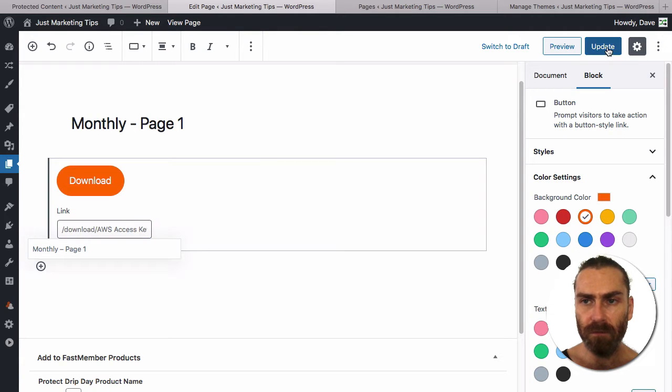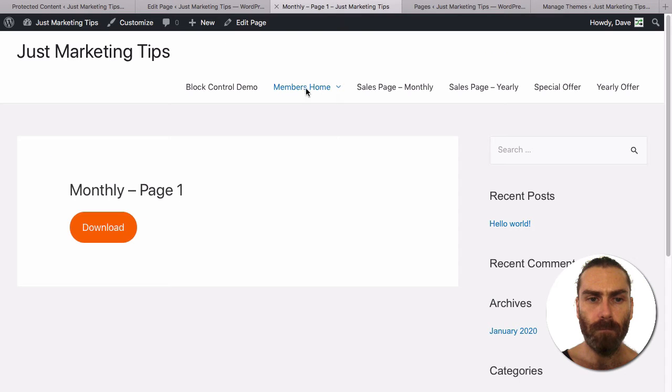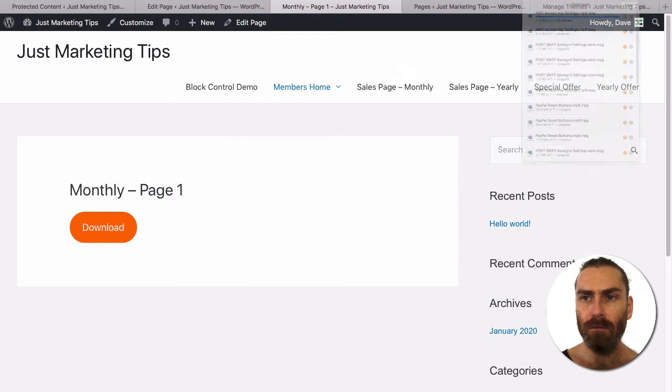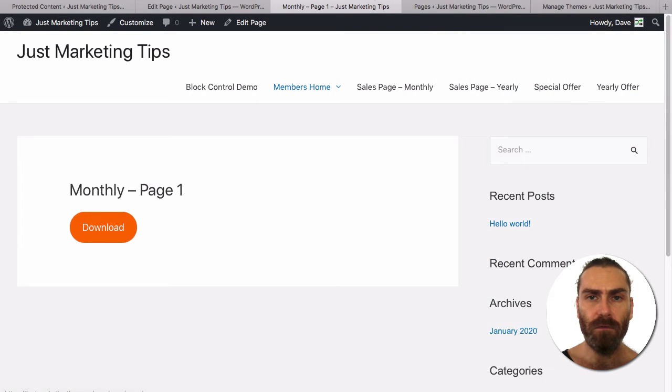And if we update this and view the page, you see there's a download button, and if we click that button, the file starts downloading. Now if you're not a member of the product,